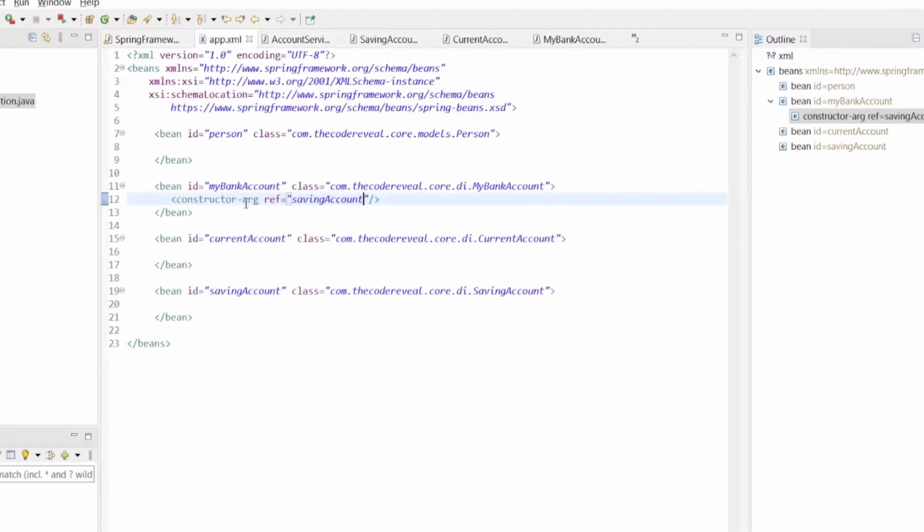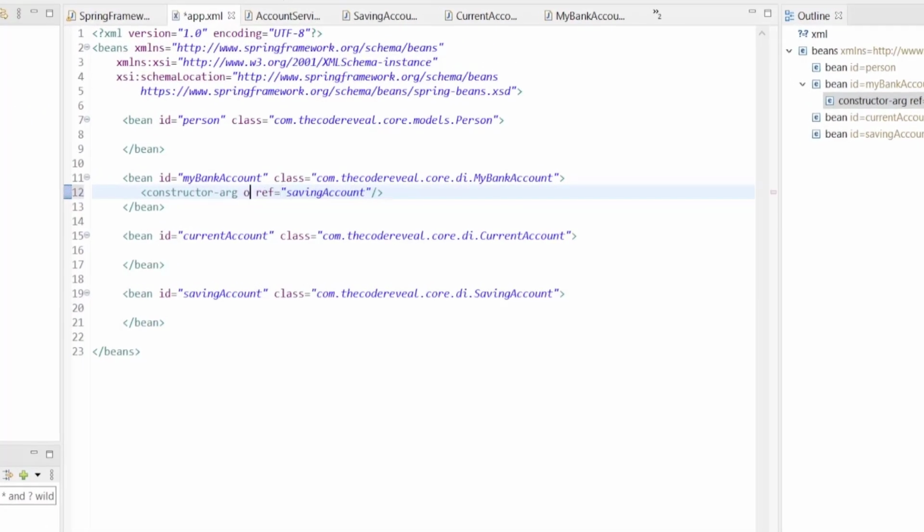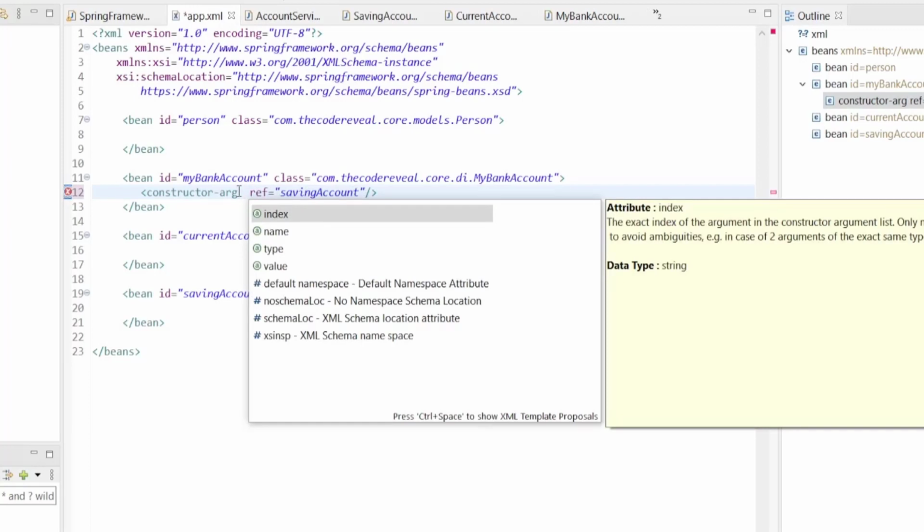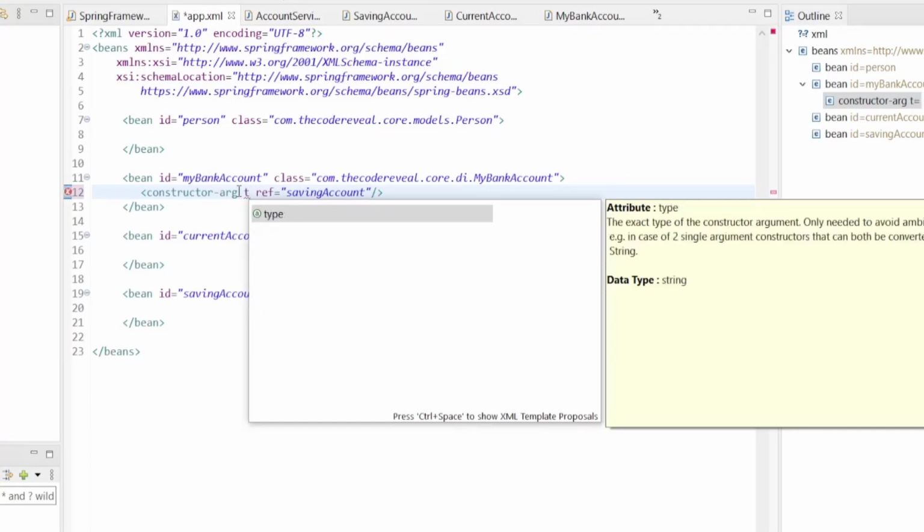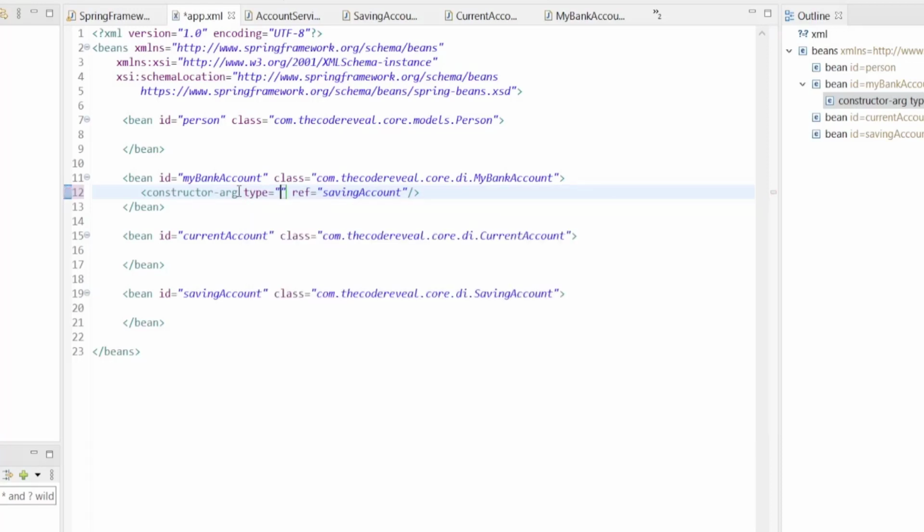Here we can define a type if we are using any primitive data types. For example, if I'm using int, we can give int. And we also have one more attribute, value. In value we can pass the value for the variable that we are using in the constructor.